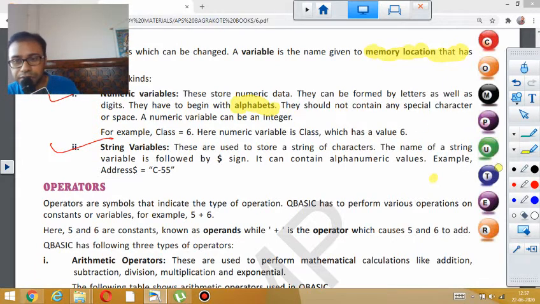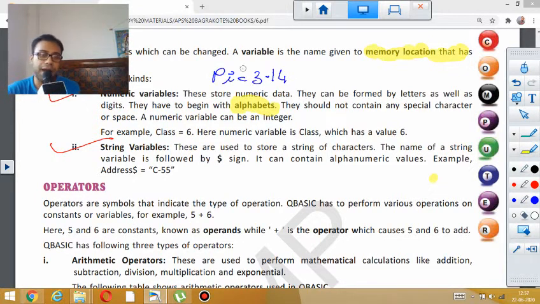For example, suppose I write pi is equal to 3.14. Pi is an alphabet, whereas 3.14 is a number, so this becomes a numeric variable. And string variables are basically used to store strings, that is a collection of characters.